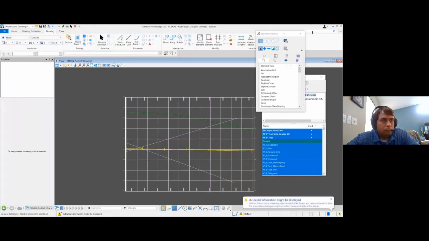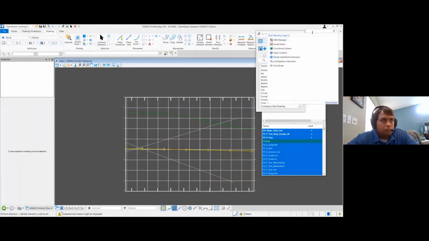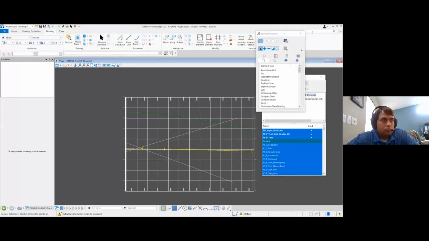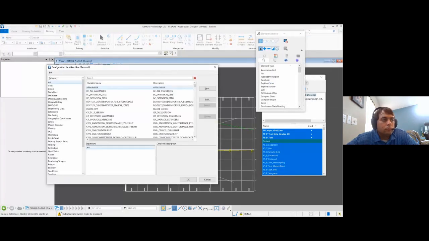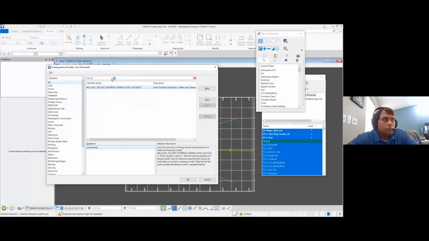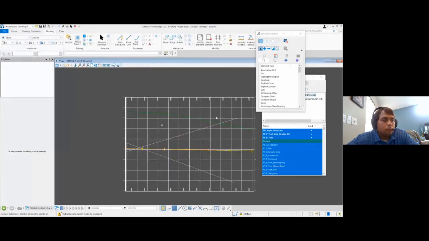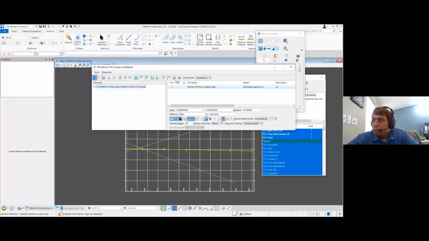And keep in mind, I do have the config variable still off for do not override. Let me verify that for you guys. You see it's still undefined. So it truly is the nested display overrides that is controlling this.